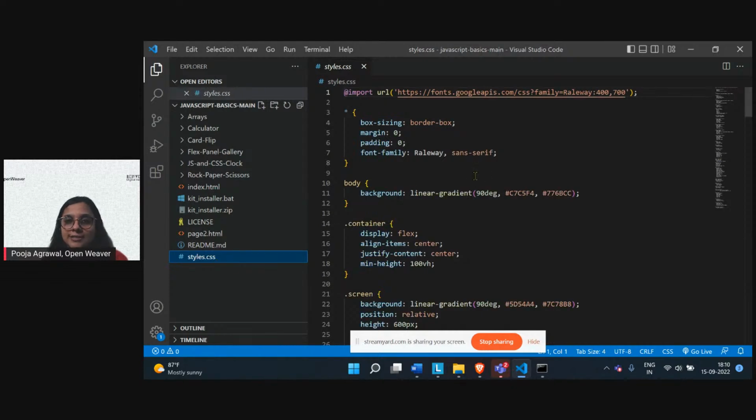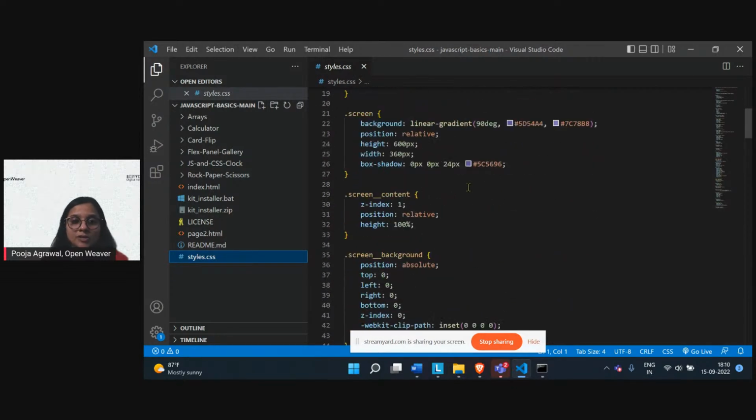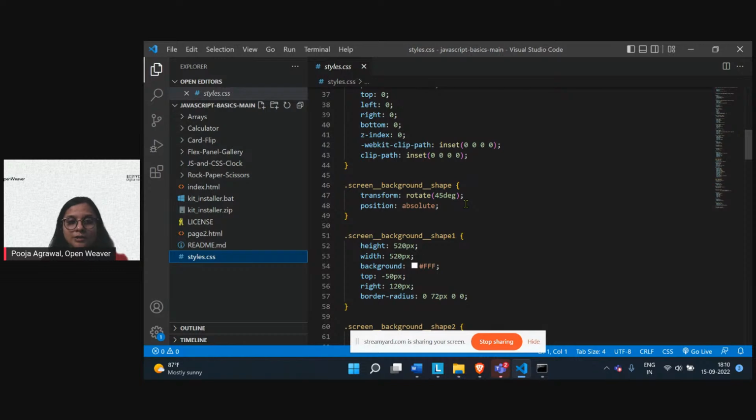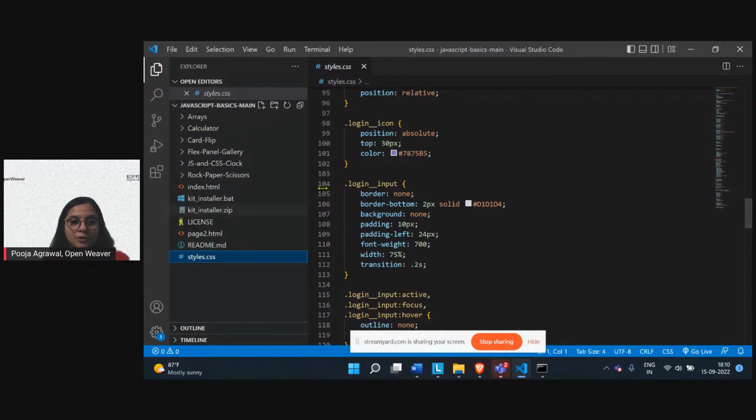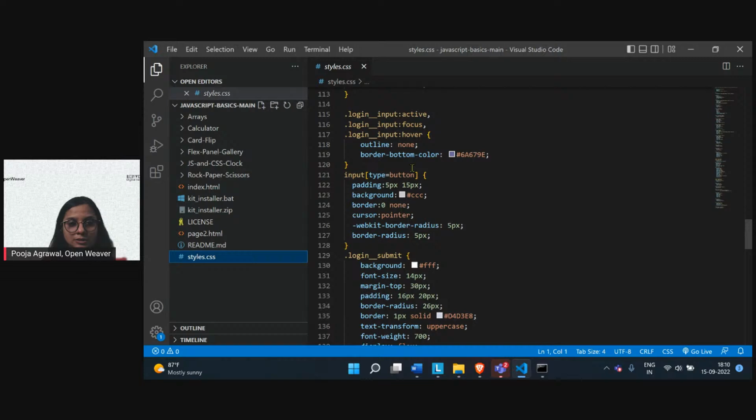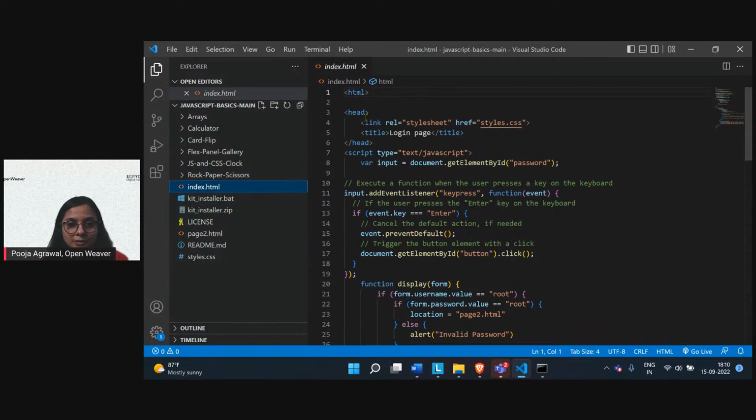That styles.css is what is helping me style the page how you are seeing currently: the background, the screen shape that is displayed, the login input, the action, the button, the border, everything is placed in this style sheet. We have linked it, referenced it using this link tag, and for the page that we are writing the code for, we want the title to be login page, and within the head only we have placed the